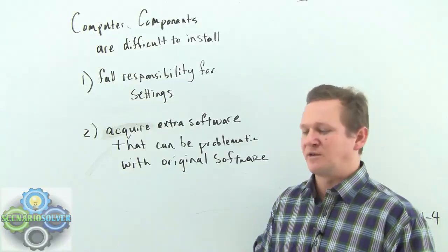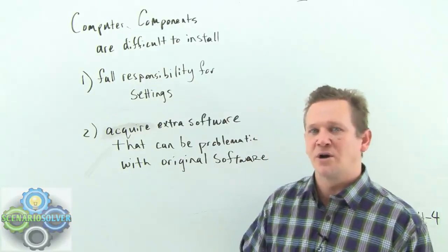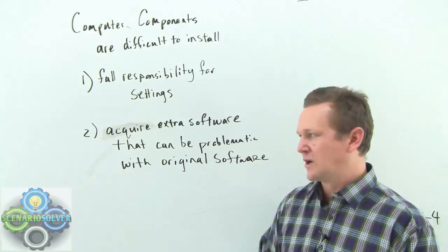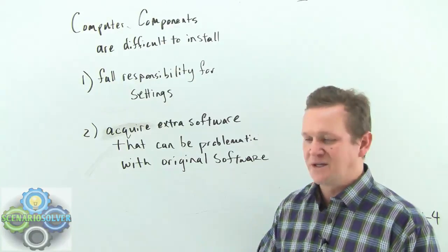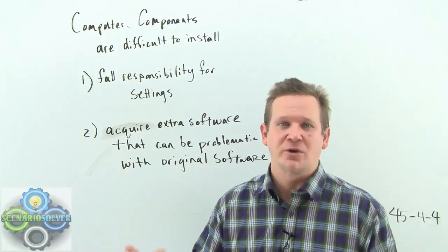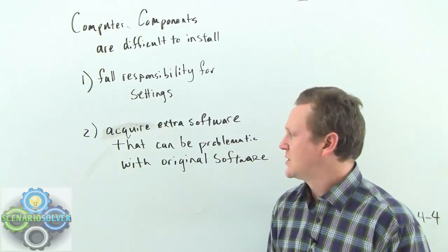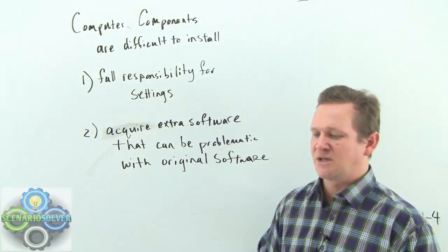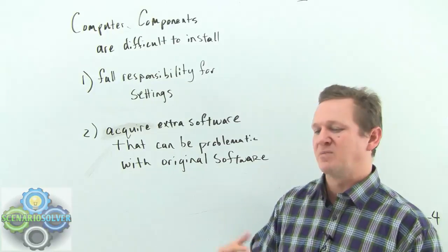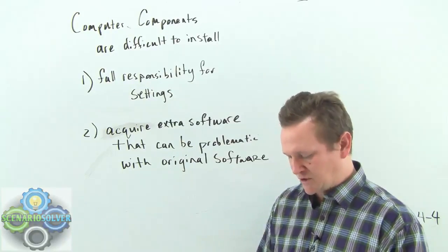Now, the latter statement I've made is an implicit assumption. It's not really required. We had already done enough to weaken the argument. Basically, we don't need to acquire extra software. I don't even know if we need extra software anymore. This whole thing is coming in a package, and we're plugging it all in. So D is the correct answer, and again, C could have been, right? But because it's dealing with the future, it removes it from contention.